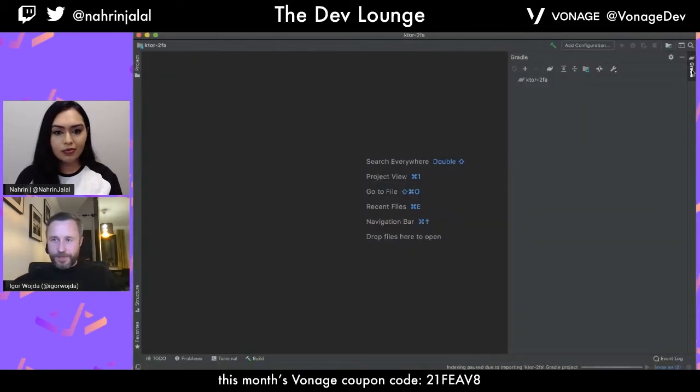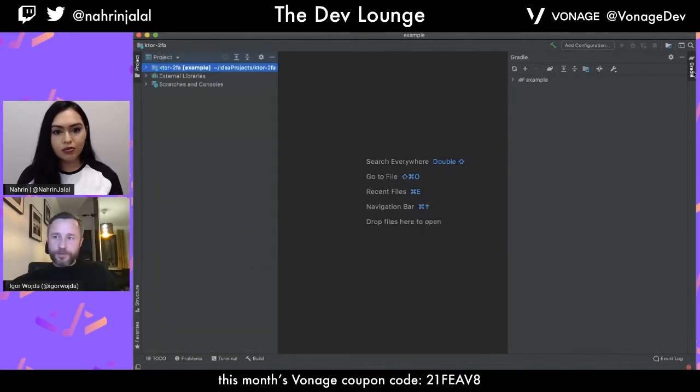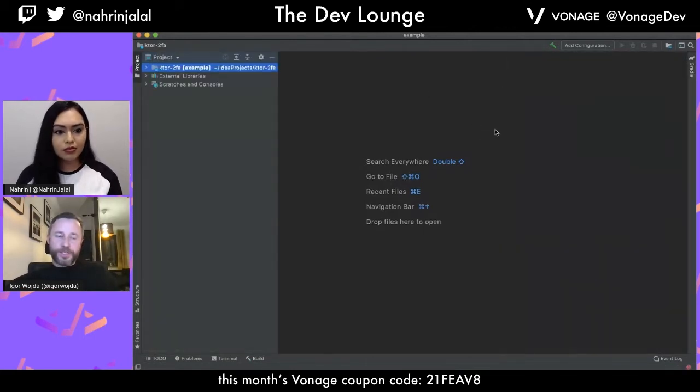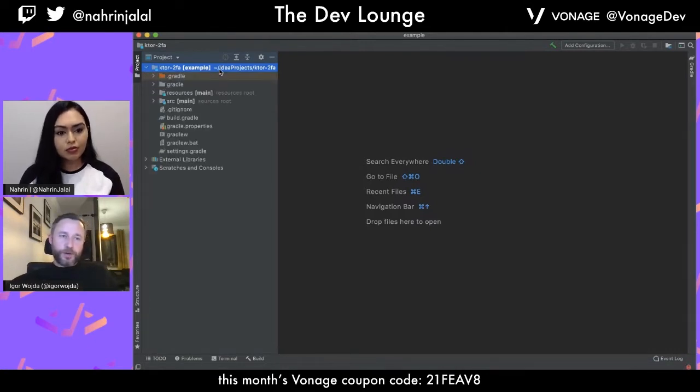And let's wait for the Gradle to download everything. So by default, this Ktor plugin configures everything to use Gradle. So Gradle is a build script tool, similar to Maven or Ant, where basically you have these configurations usually in build Gradle